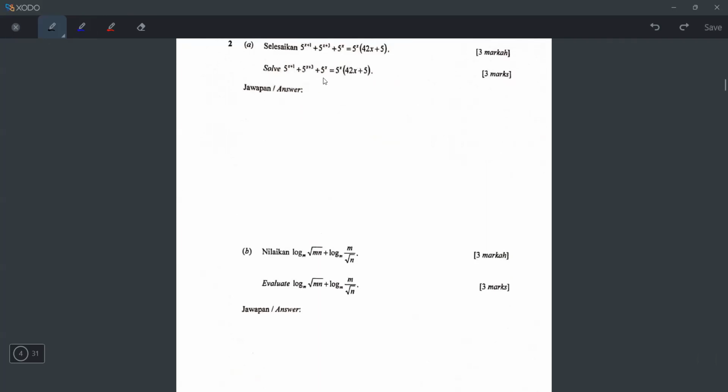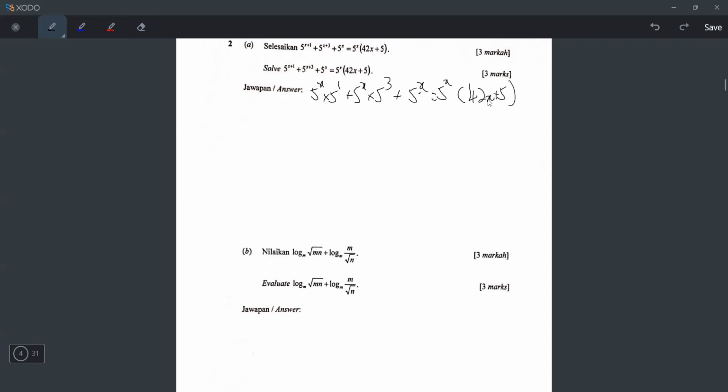If it's times or divide, then you will use the law of indices: a power m times a power n is a power m plus n. But if it's plus or minus, you have to expand everything. So how to expand everything? It will become 5 power x times 5 power 1 plus 5 power x times 5 power 3 plus 5 power x, equals to, okay, the 5 power x here is just 5 power x, and then bracket